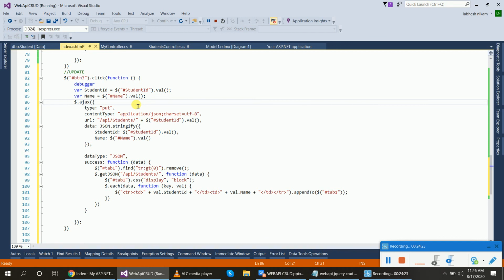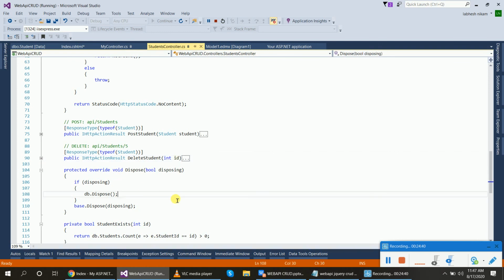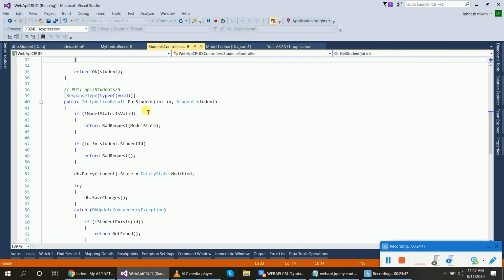To update the data, we require a put function, because in the API controller the put keyword is used to update the data. We have passed here the ID and the name of the student.